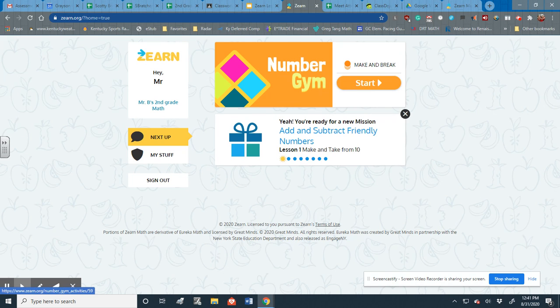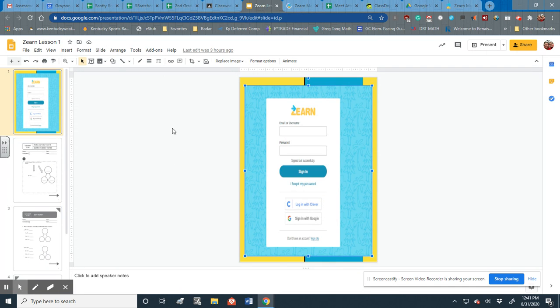Every time you're going to have to push start, and start, and start. And then it'll say Tower of Power. You're going to push start. After you've passed the Tower of Power, it will give you the message, congratulations, you have completed lesson 1. When you've completed lesson 1, you need to log out, and you're going to go to this Google slide that